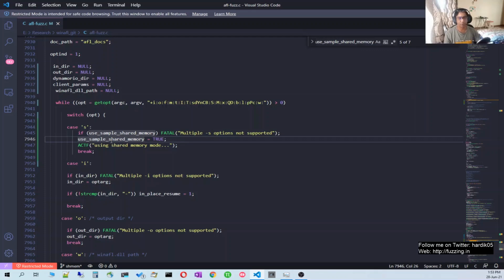So the logic is that at the start we will set one shared memory where WinFL will write all the mutated test cases, and the name of this shared memory will be passed to the harness program, and the harness program will use that handle or name, and that will actually read all the mutated input from there. It will create one stream from the data, and then it will perform all the operations whichever you want to do in your harness, like creating an image or processing that input.